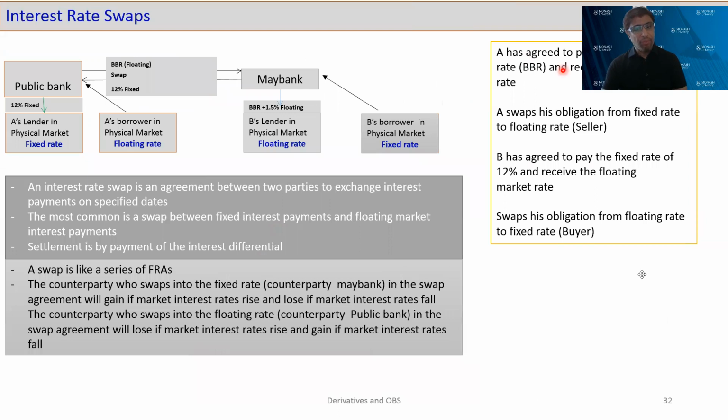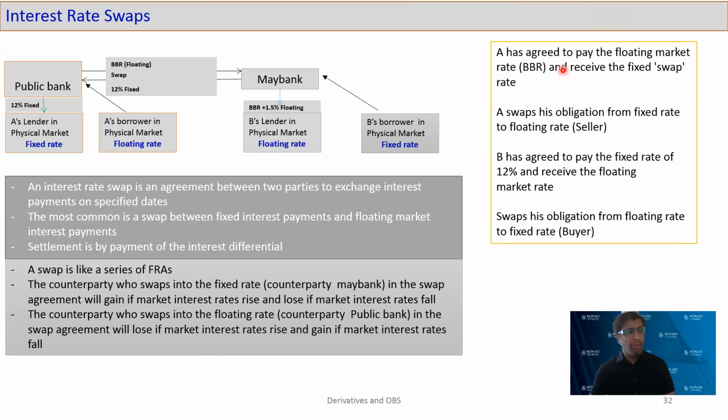Let's go now to the swaps. Now, the swaps is interesting because I choose here 2 major banks in this country, and I talked about Public Bank and Maybank. And those people swap their obligation toward the interest rate. Now, I want you to start with Public Bank here. Assuming Public Bank is receiving, he lends or borrows from the public through what we call